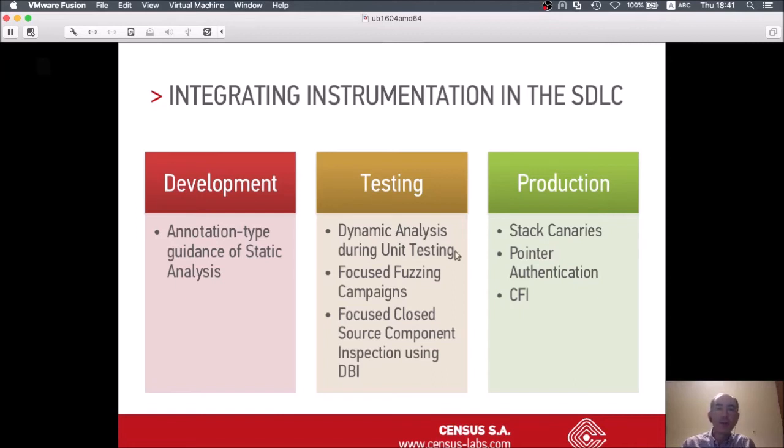We can run focused fuzzing campaigns on our own components, on specific components that we're interested in because they're doing parsing or doing something else, which could lead to a security error. We could also run focused closed source component inspection, for example, for third-party components that we've integrated into our program, using dynamic binary instrumentation, where we don't have to change the actual binary, we don't have to inject instrumentation into the actual binary. Now, in production systems, we can use instrumentation like stack canaries, pointer authentication, and CFI to protect